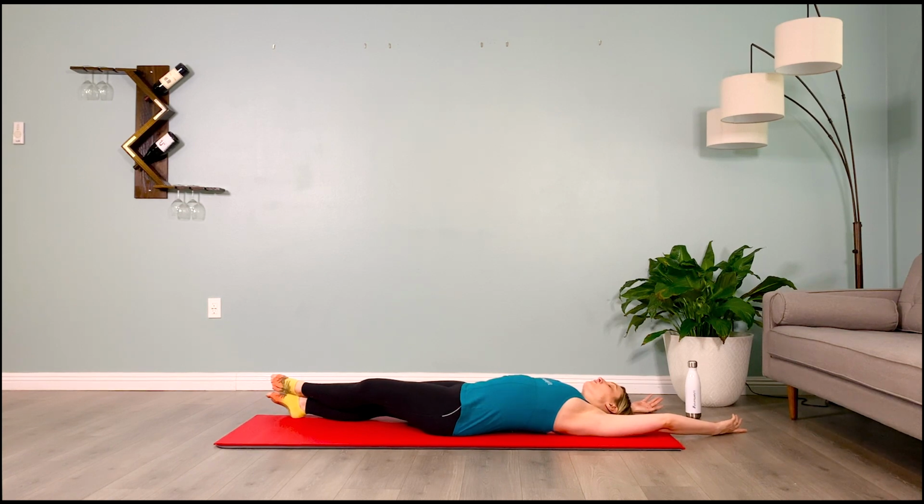Do a body scan. Notice if you're holding tension anywhere. Maybe the chest, the shoulders, the neck, the jaw. Let that go. Consciously breathe into that area of tightness. Breathe with me. Inhale, 2, 3, 4, and